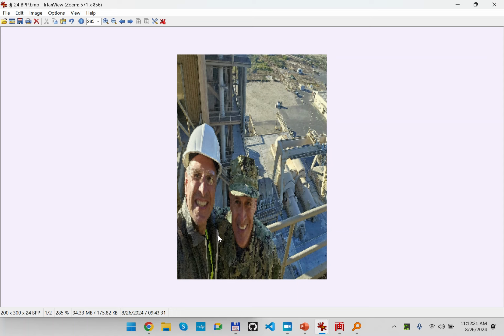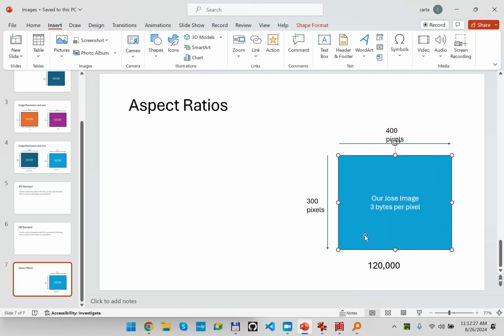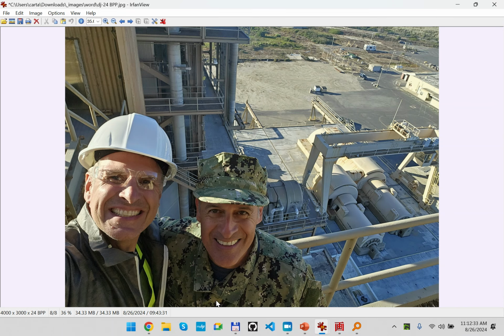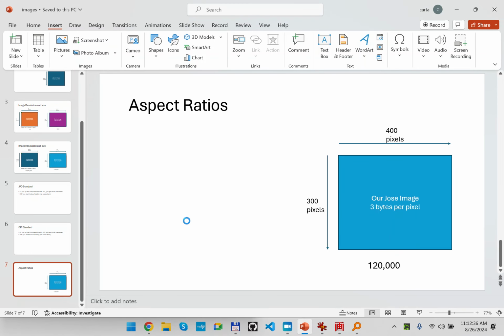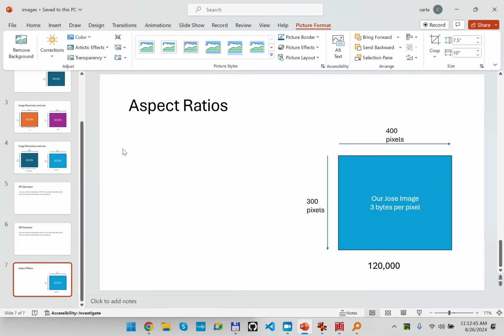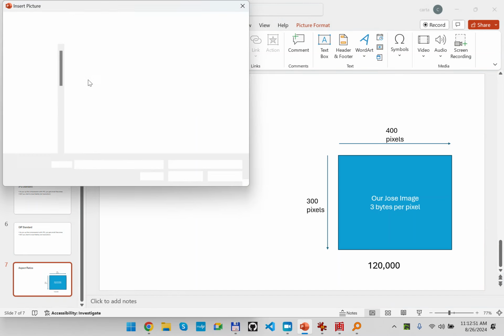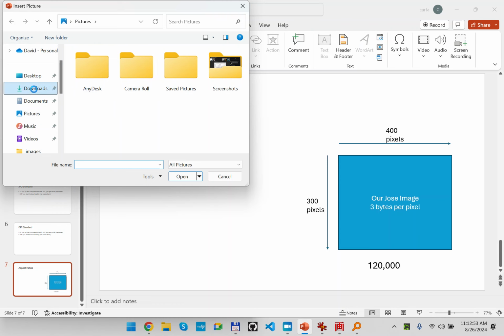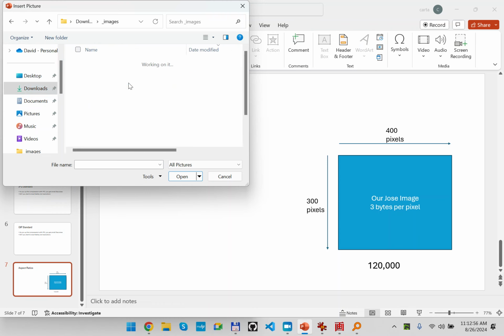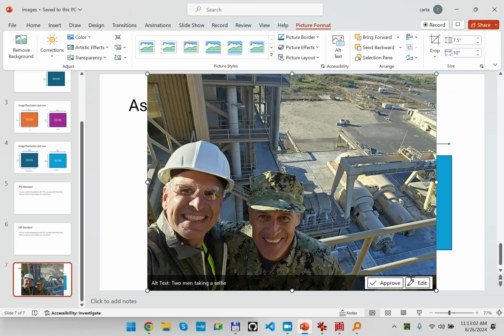Right. So if you're in PowerPoint, let's say, let's just do this so I can see it. I don't want to do that because when I paste that in, it pastes the entire garbage thing in. So I'm going to go insert pictures from this device, downloads, images, Word. Okay, so here,